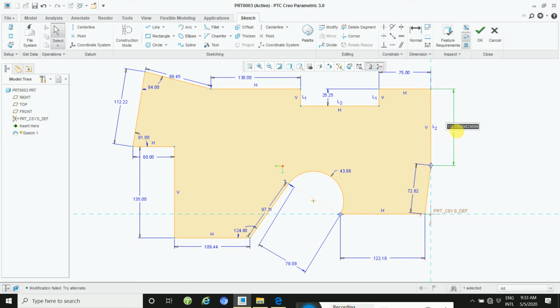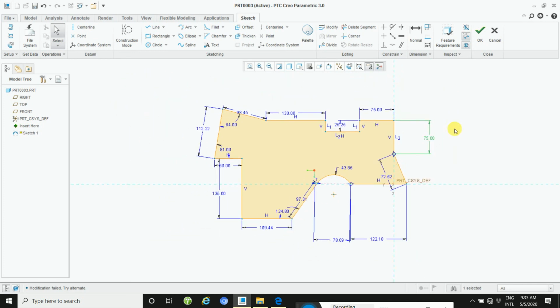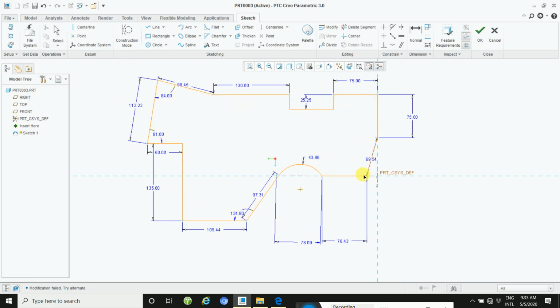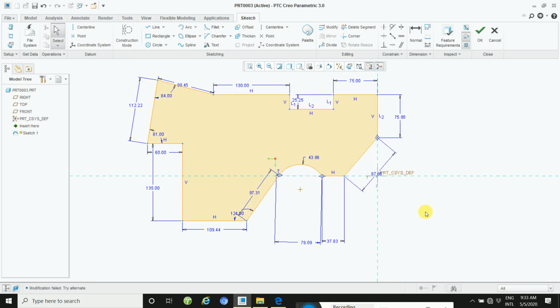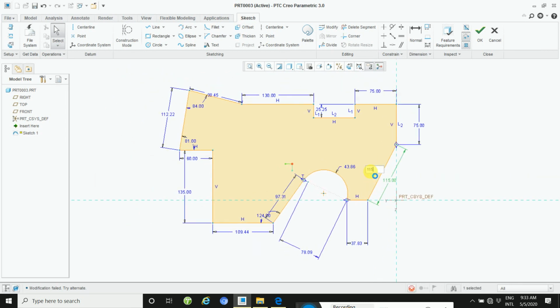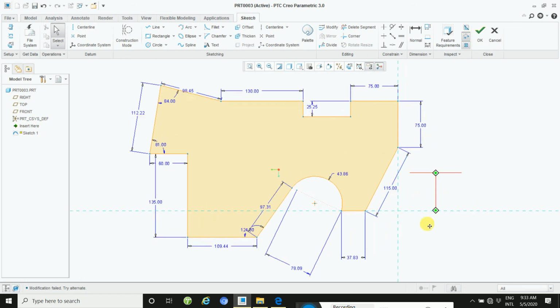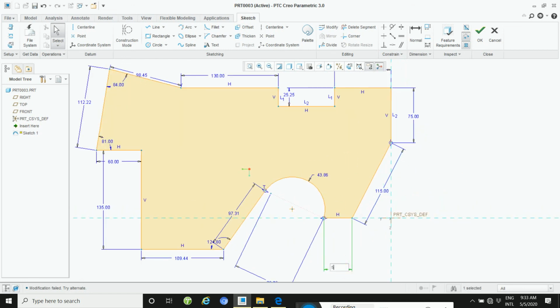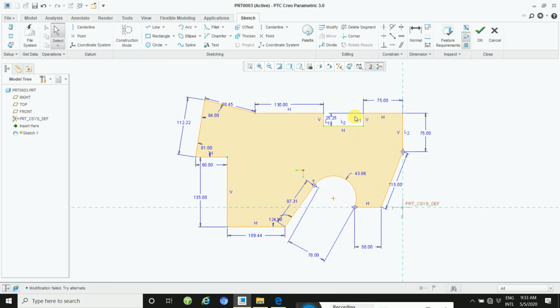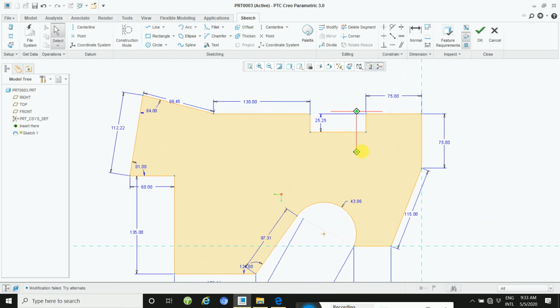75. And adjust this line this way. This is the 115. Okay, and take this 50 this way. Okay, I think all the dimensions are, first you check all the dimensions.